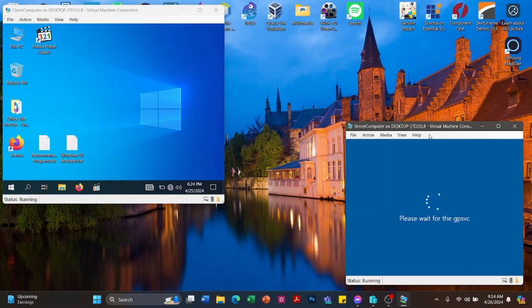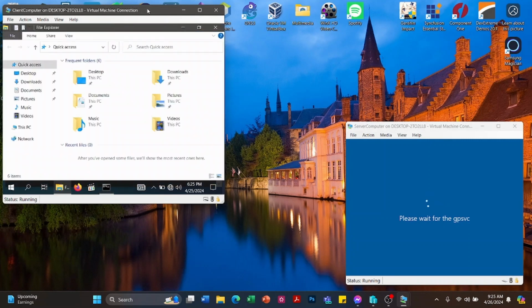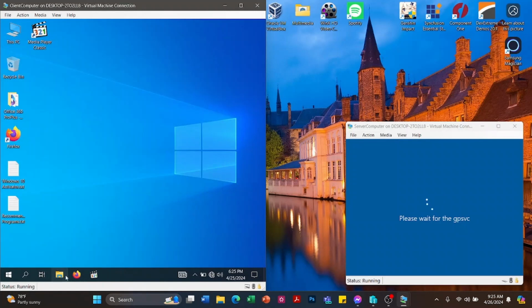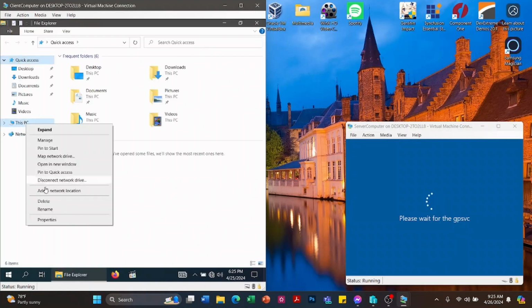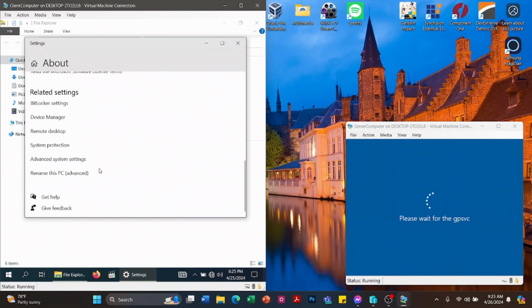Let's verify if the remote desktop of the client computer is enabled.